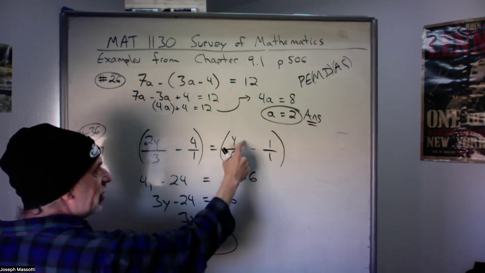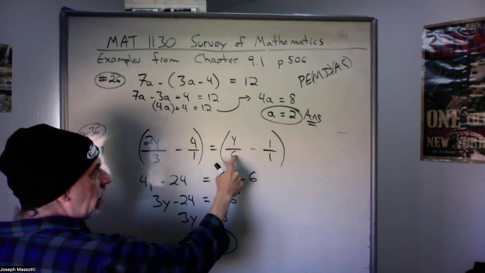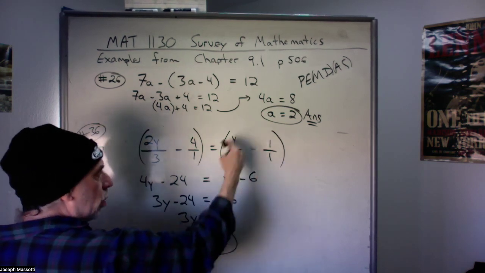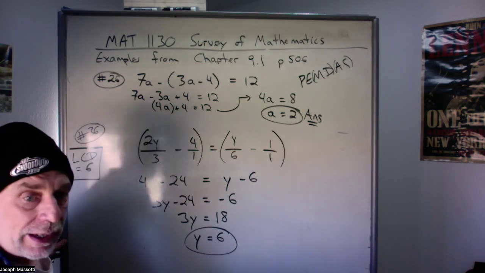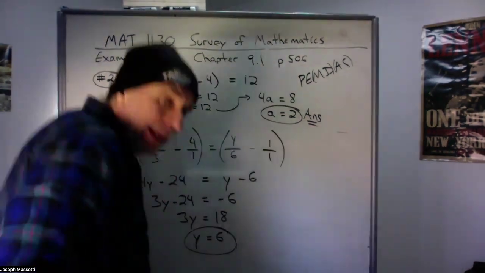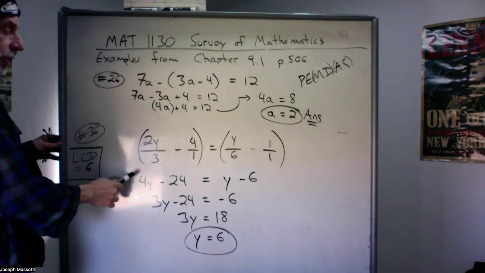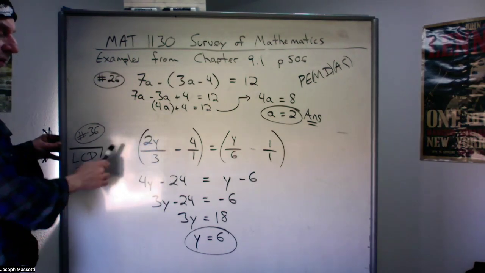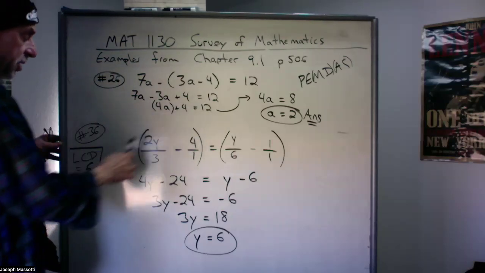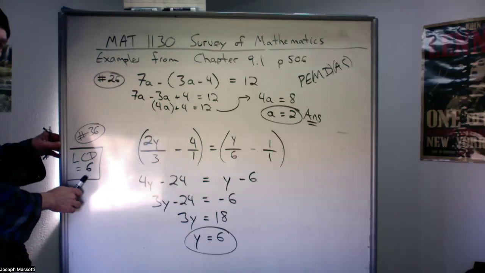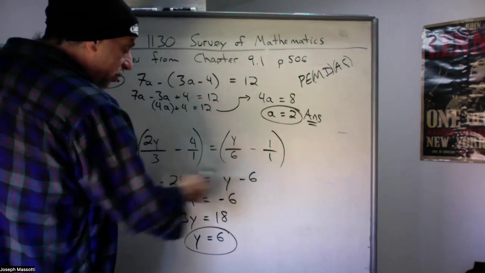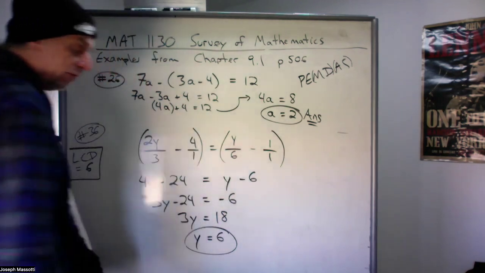This side of the equation, 6 over 6 is 1. 1 minus 1 is also 0. So again, we can prove to ourselves that that is the correct answer. Okay, so one variable equation without fractions, one variable equation with fractions. We multiply both sides by the least common denominator to rid ourselves of those fractions, and then we solve the